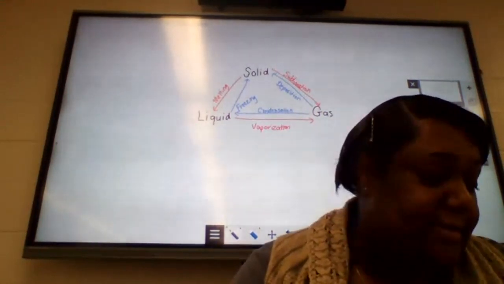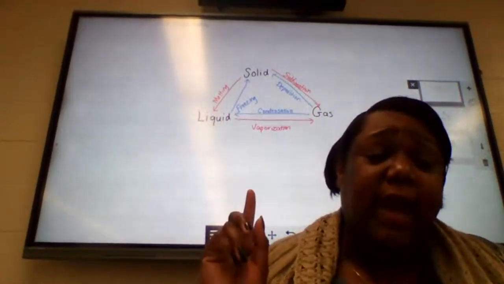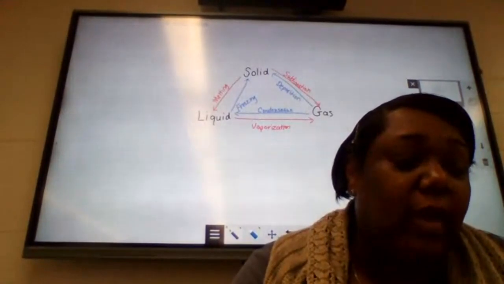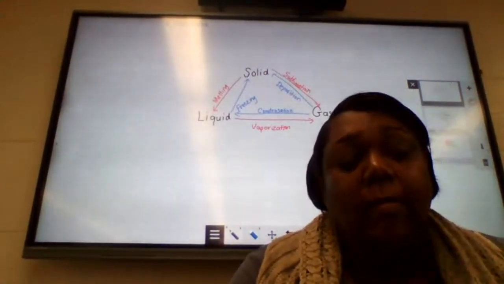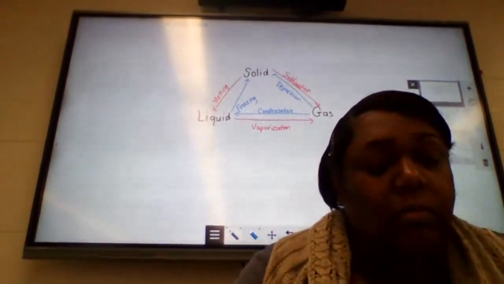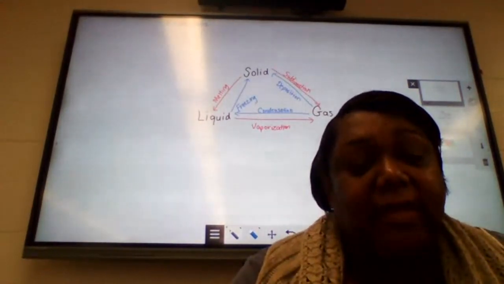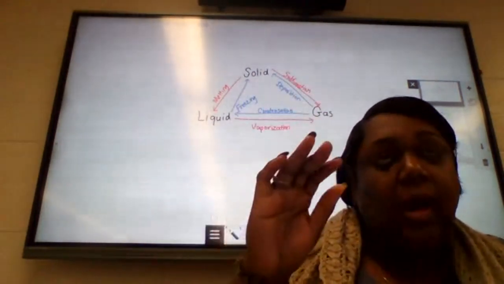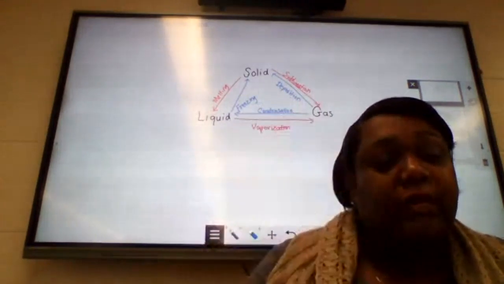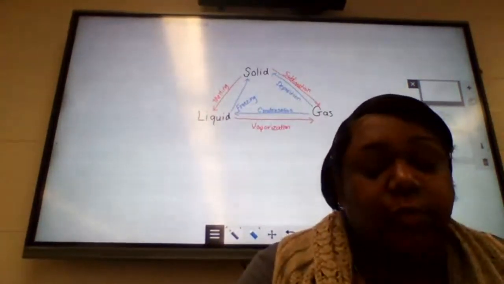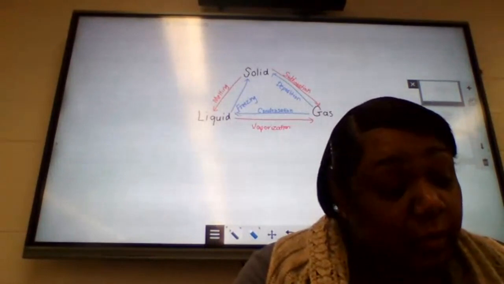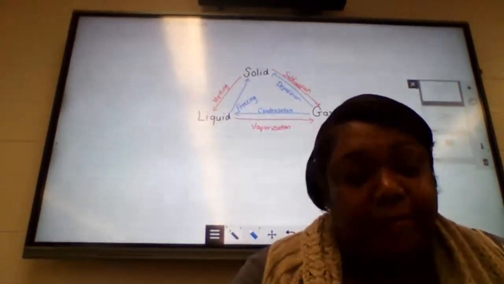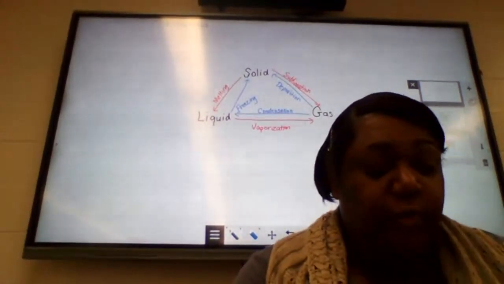Now, when we deal with vapor pressure and boiling points, what you need to know is that when we talk about vapor pressure, we're talking about the pressure exerted when I have a liquid and the gas particles above that liquid. The pressure that those gas particles exert on the liquid is known as your vapor pressure. Your book mentions that liquids boil when your vapor pressure is equal to the atmospheric pressure above it. And so you need to be familiar with that.